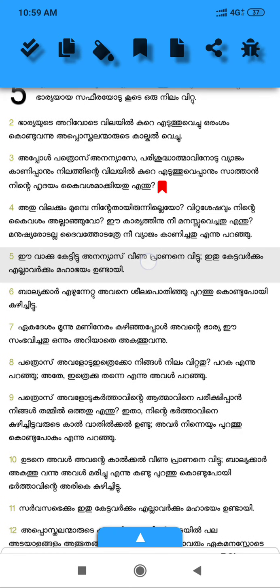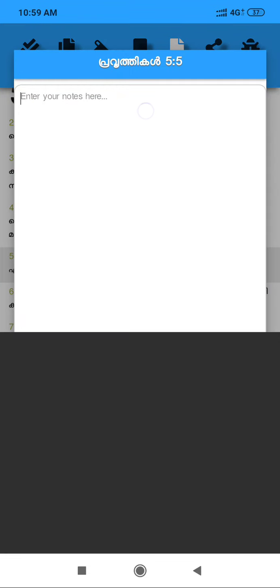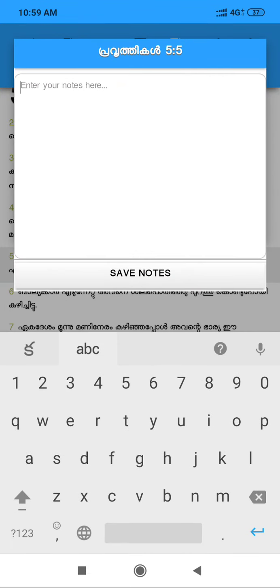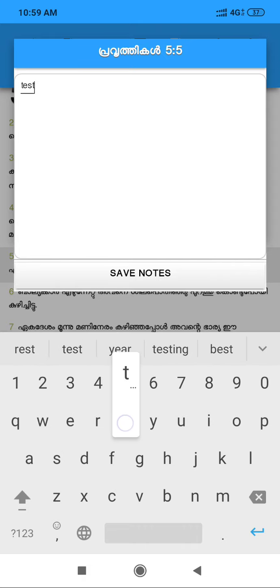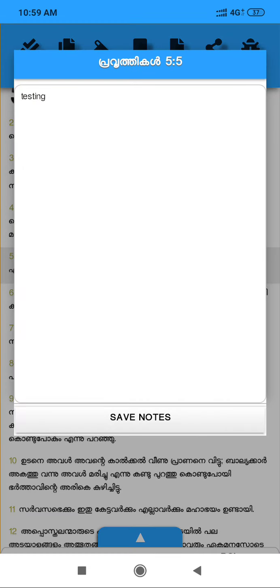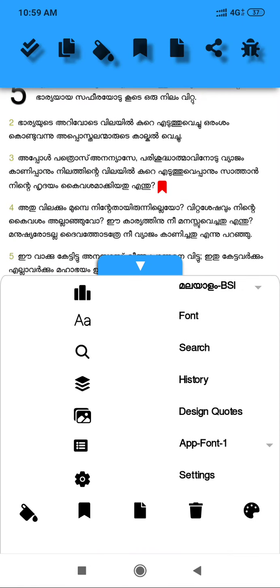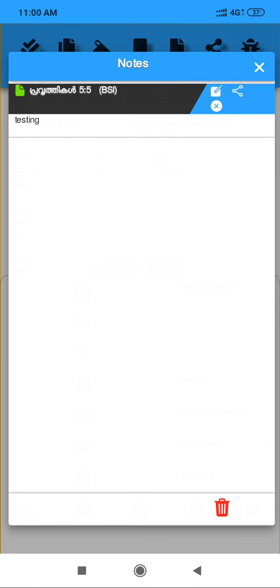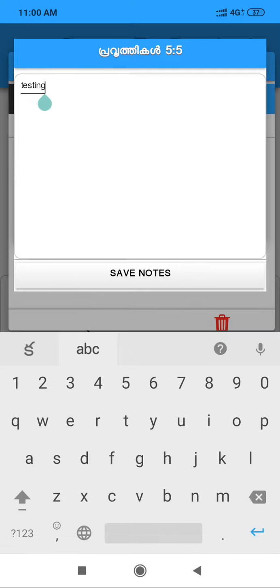And next, you can write your own notes on a particular text and particular verse. For testing's sake, I have written some notes here. If you want to see it, just click on it. Or else if you go here, you can see the note and you can edit it.